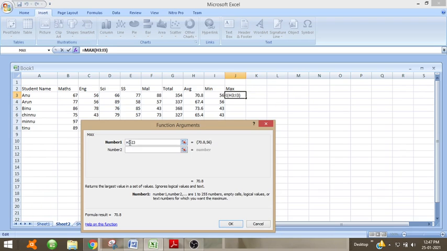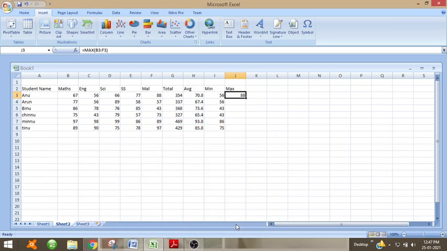From B3 to F3. Then each student's maximum marks will be shown. Now count will just count the number of values.